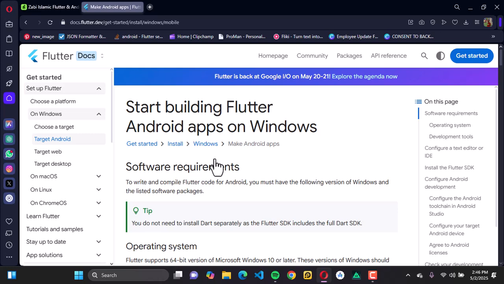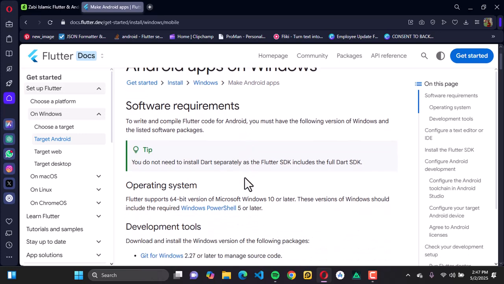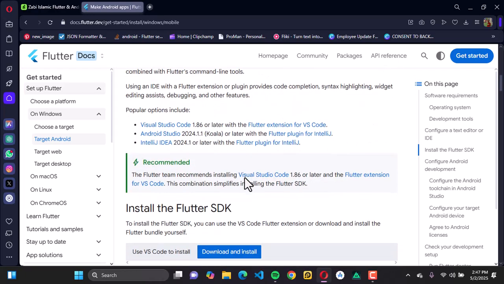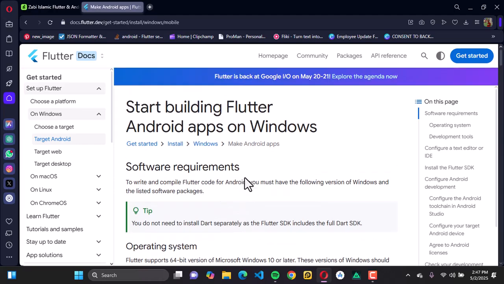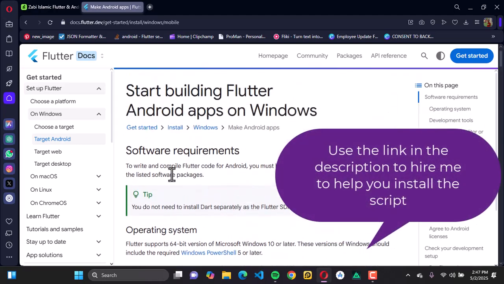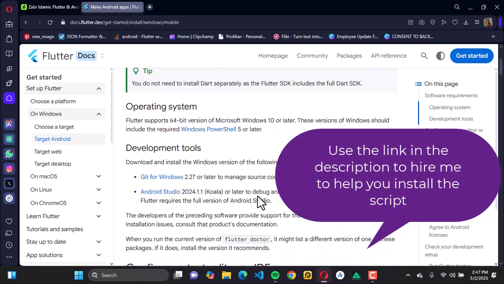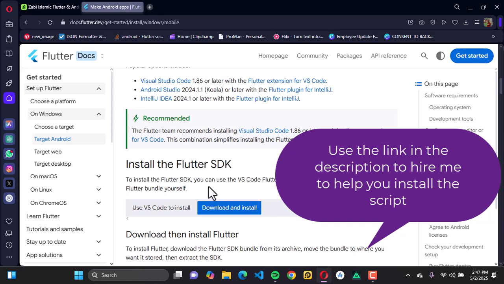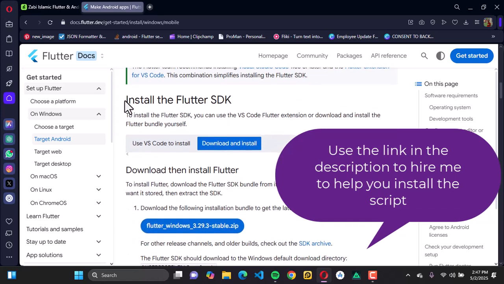So once you're done with that, the next thing you want to do is to confirm the software requirements as well as operating systems, and also take into consideration your hardware requirements. So what you want to do is just read through this and confirm that everything is perfectly fine. And once that is done, the next step is to install the